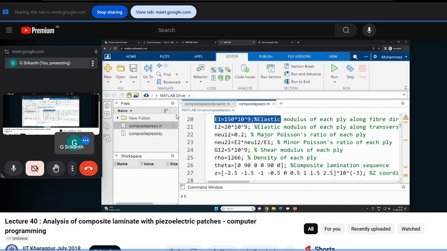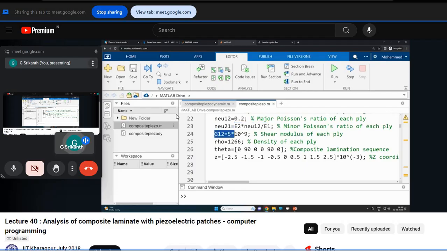E1 is in one direction, which means the fiber direction, and E2 is in the perpendicular direction. These are all unidirectional plies. Nu12 is the major Poisson's ratio, and if I apply the formula Nu21 equal to E2 multiplied by Nu12 by E1, that gives me the minor Poisson's ratio. G12 is the shear modulus, rho is the composite ply density, and theta means the orientation of fiber in each